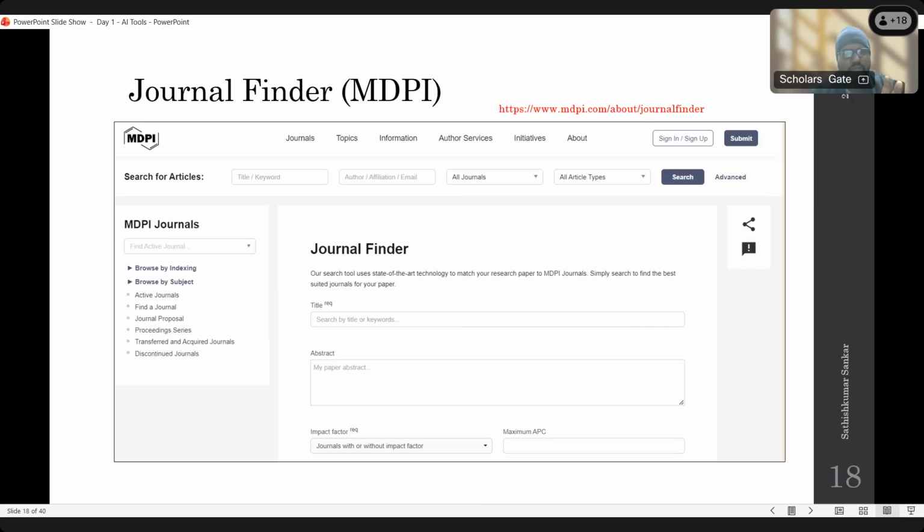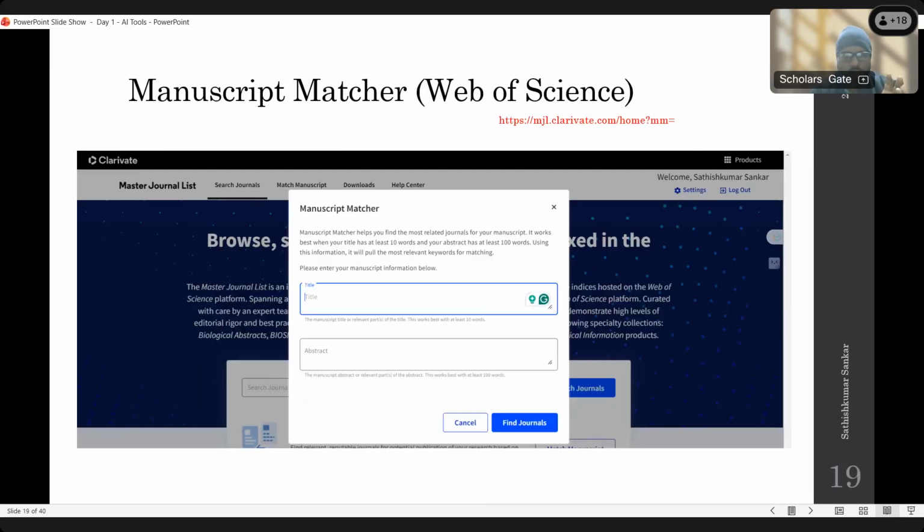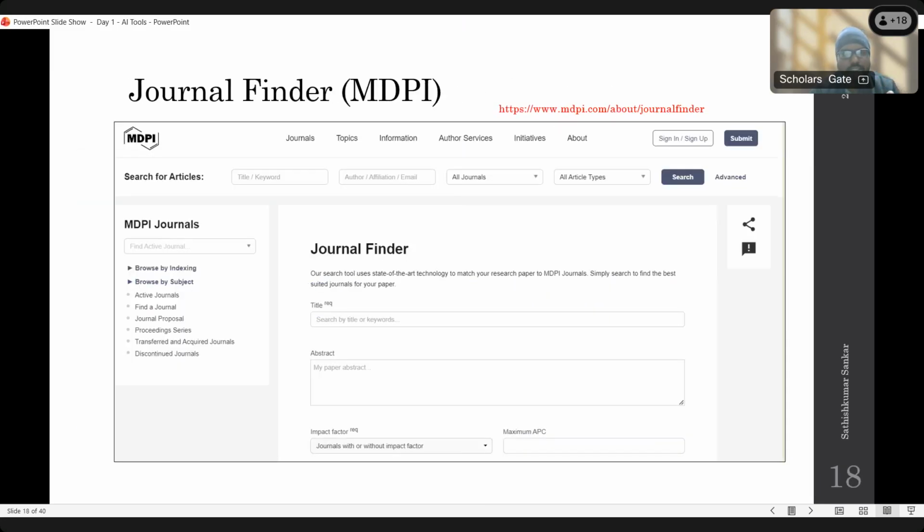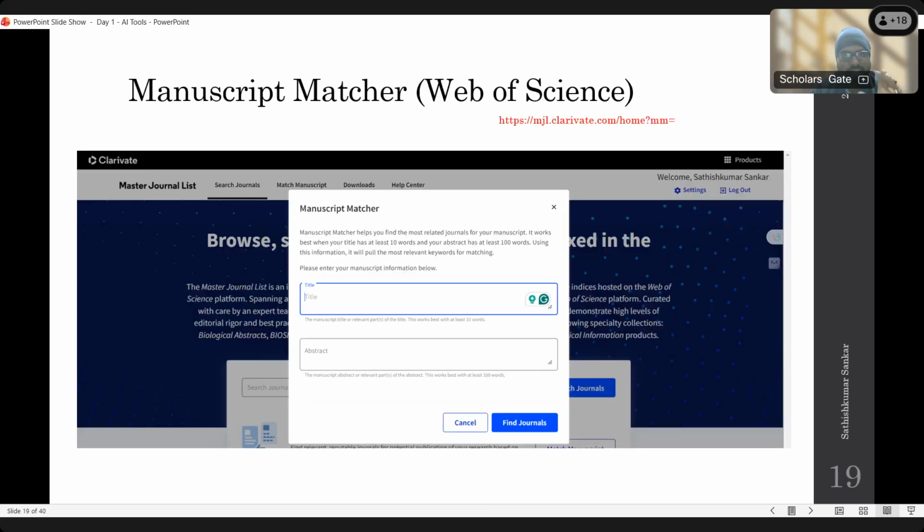Everything you can directly find by going to Google and searching for the journal finder. Whatever you require, MDPI, SAGE or anything, you can give that. Then the manuscript matcher. Before that, we saw that everything is provided by the publisher, but the manuscript matcher is provided by Web of Science. It's not a publisher, they are an indexing database company. Through the manuscript matcher, we can put in our title and abstract and get the list of journals indexed by Web of Science.